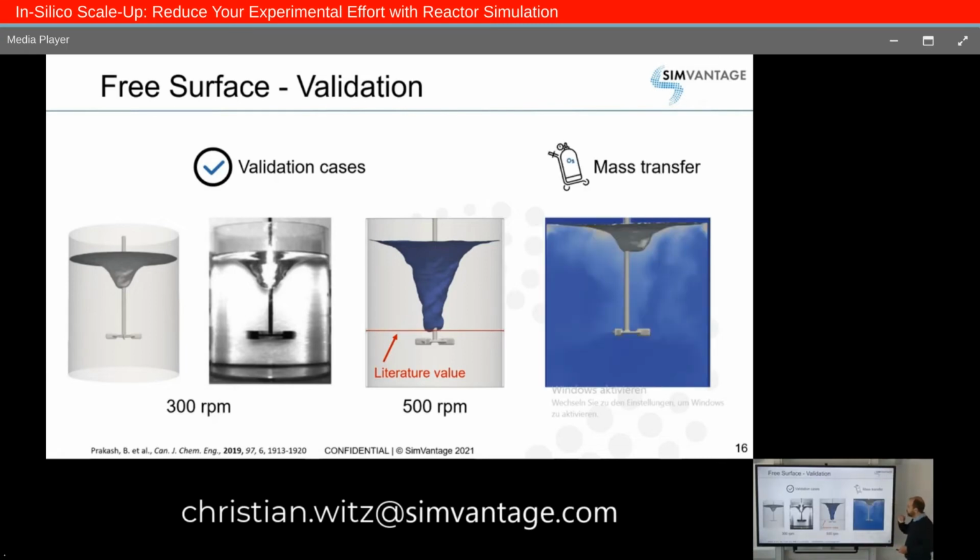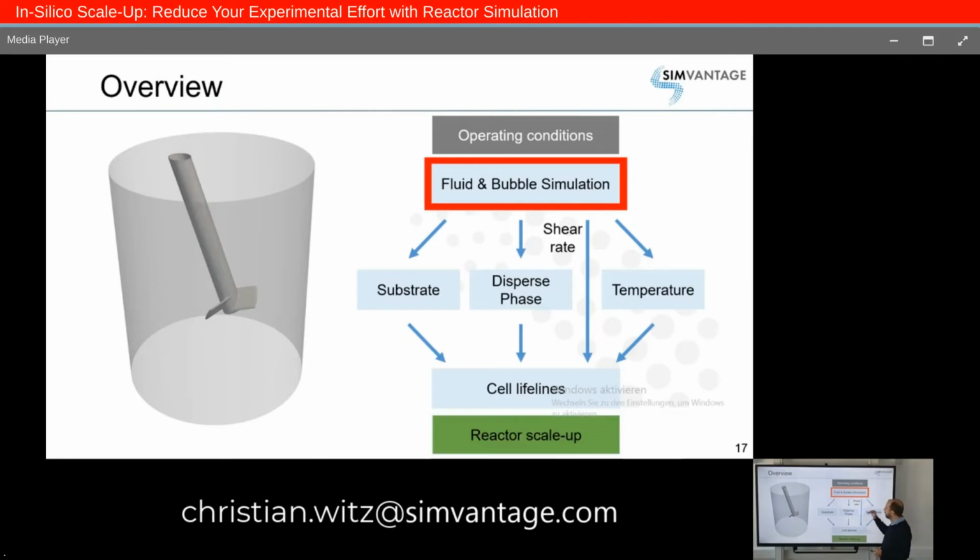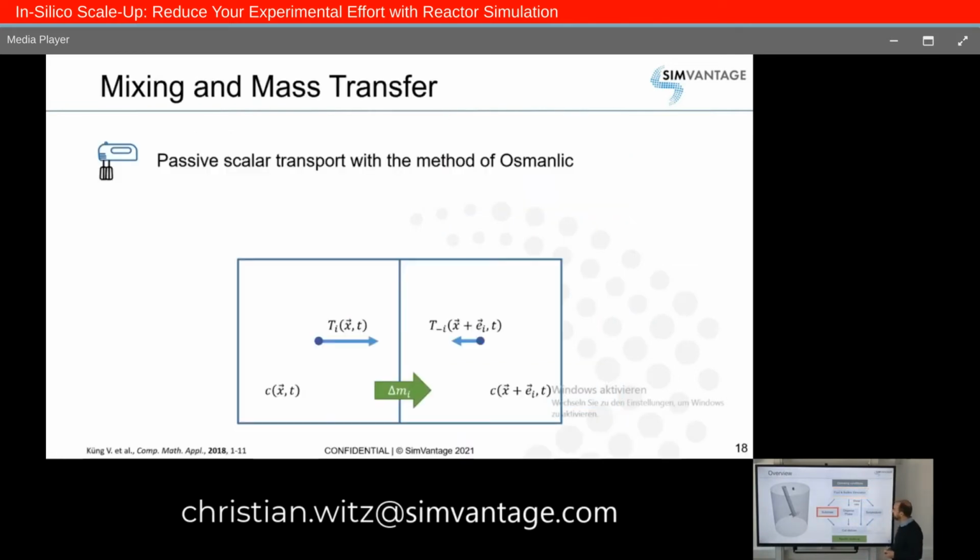And what you can then do is that sometimes these vortices are used to get more oxygen into the reactor, and this is called surface gassing. And for this we included the possibility to simulate the mass transfer through the surface into the reactor, and then you can simulate how efficient you are aerating your reactor without getting any foaming problems. So now we've mastered the fluid and bubble simulation, we can come to the substrate